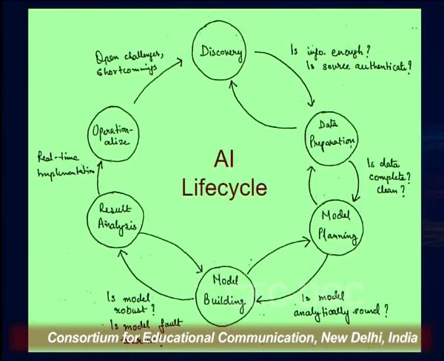So this is how we plan which model out of a set of models we are going to choose. So it is also domain specific, it is also data specific. Now once the model is planned, then we ask ourselves, as computer scientists, whether the model that has been selected is analytically sound or not. What does analytically sound mean? It means whether the model is capable of producing highly accurate results. So this term accurate is a performance metric.